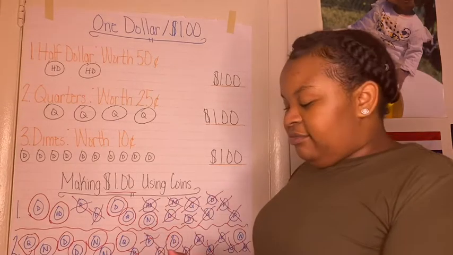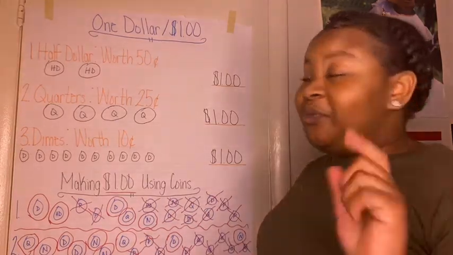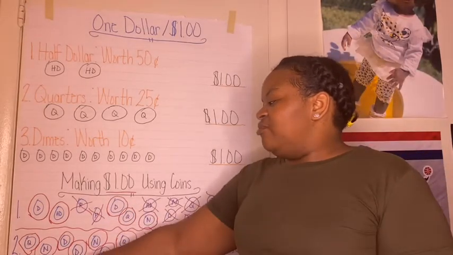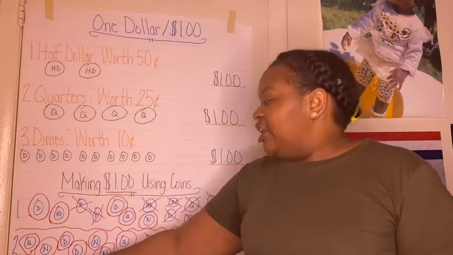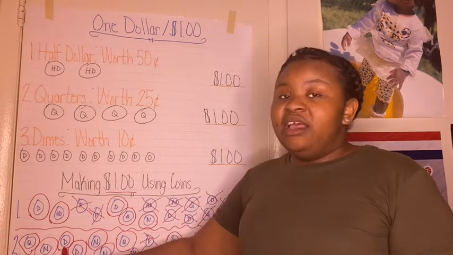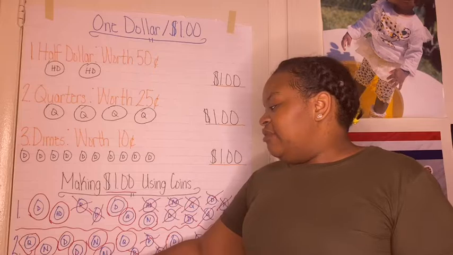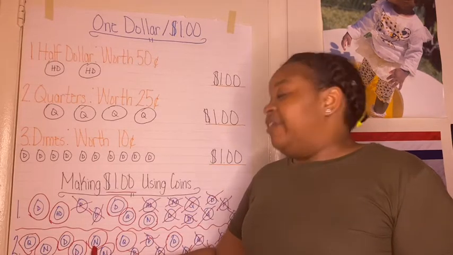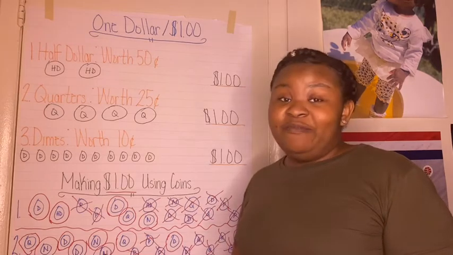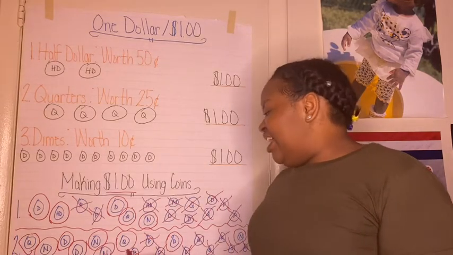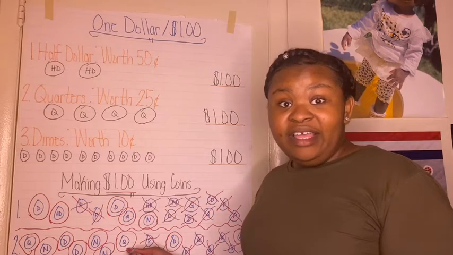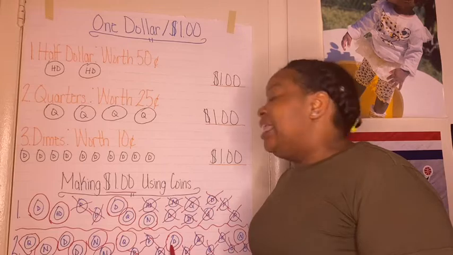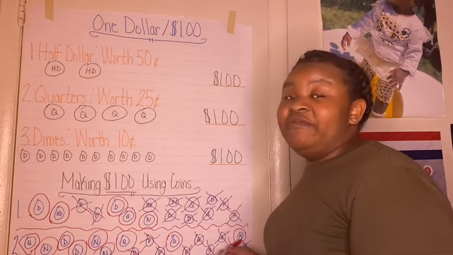All right, so now, before we say that we got the right answer, let's go double check. So a quarter plus 5 equals 30. Nice. 30 plus 10 gives me 40. 40 plus 10 gives me 50. 50 plus 5, 55. 55 plus 5, 60. 60 plus 25, 85. Good job. 85 plus 10, 95. And 95 plus 5,